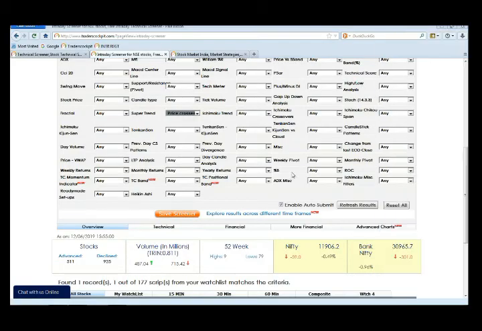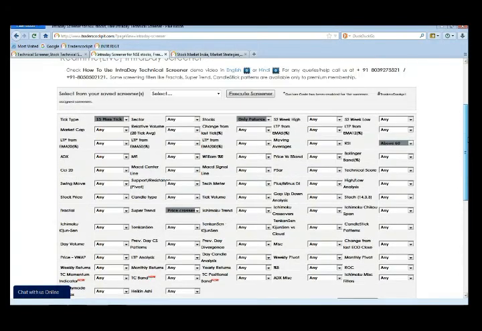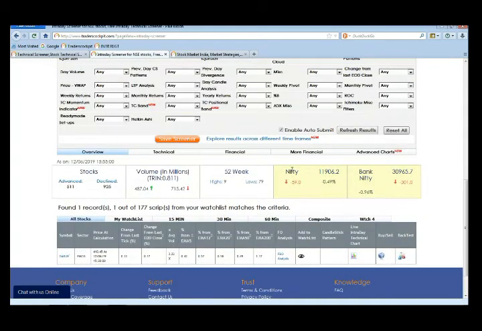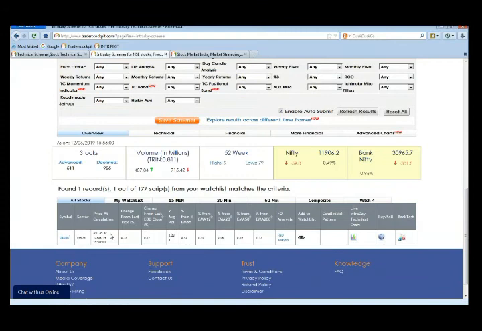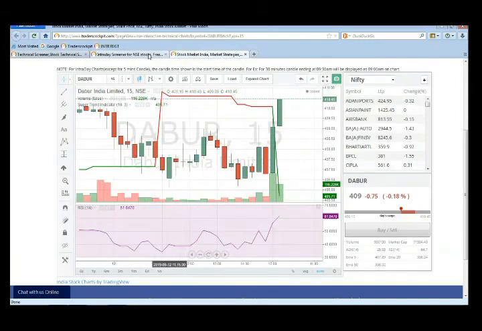Now what I just explained was how to create these screeners on the page here, and how to check the results over the chart. Once we put in any conditions here, downside it shows a list of results, and if I want to confirm it over the charts, I can click on the chart link here and it will direct me to the chart page.